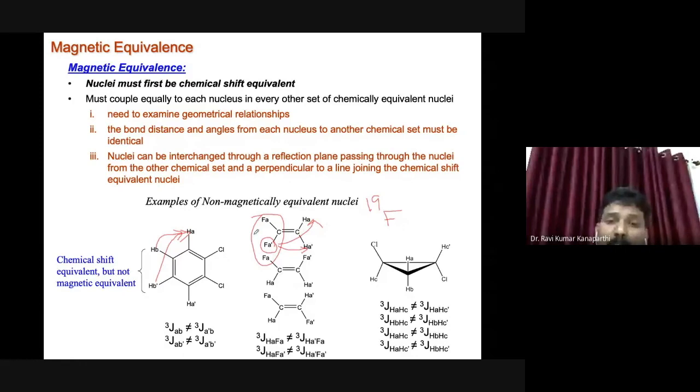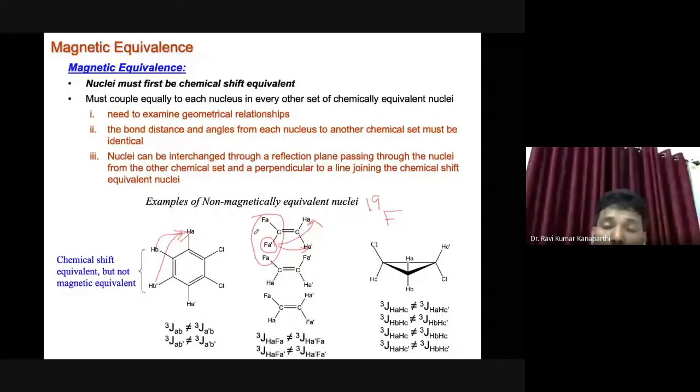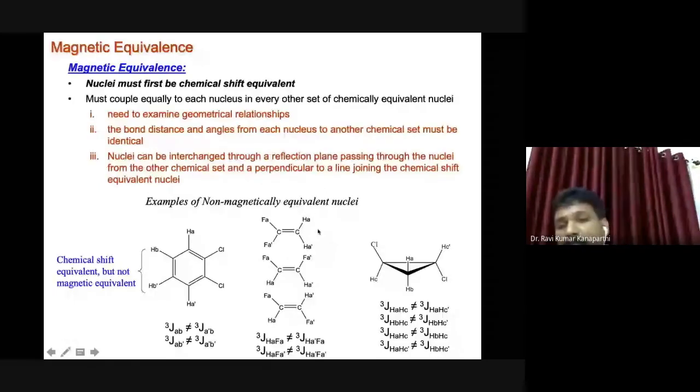Why? Because fluorine is a fluorine, and they resonate at one place. There is no doubt. But when it comes to the interaction, this will have one type of interaction. This is basically a cis type of vicinal coupling, and this is a trans coupling. So cis coupling and trans coupling are different, right? So their coupling constants will be different. Similarly, you can also take the other example, where you have two protons here and their interaction with this one. You can take an example and then explain it.